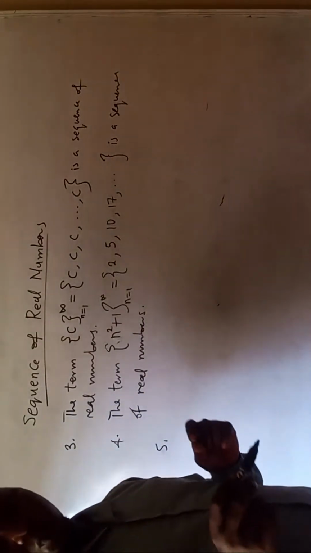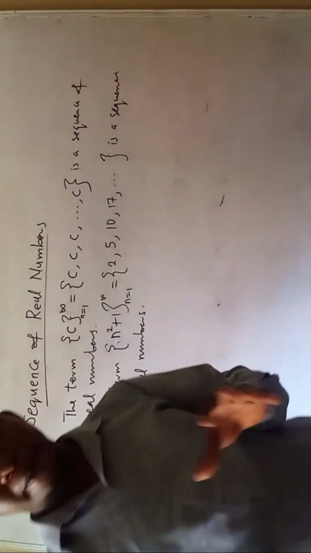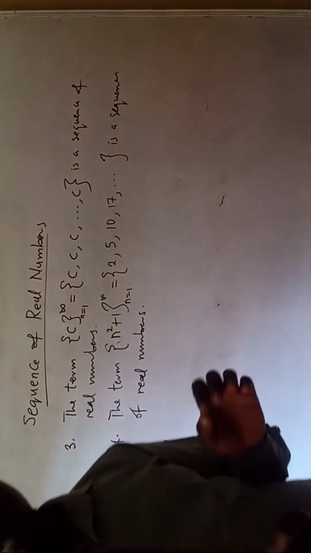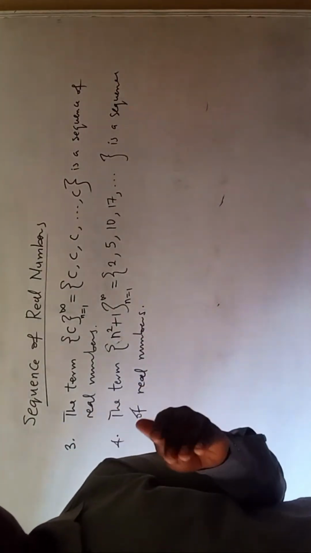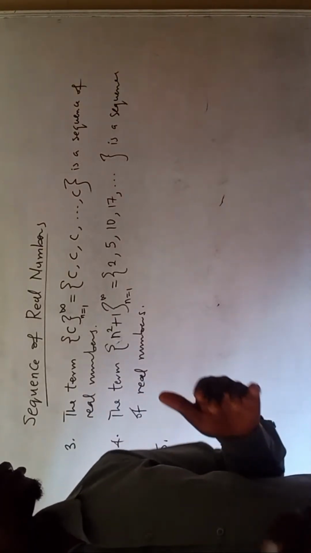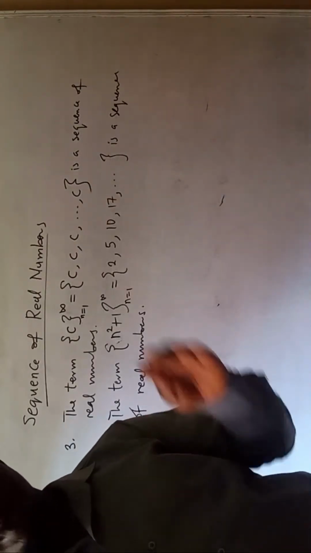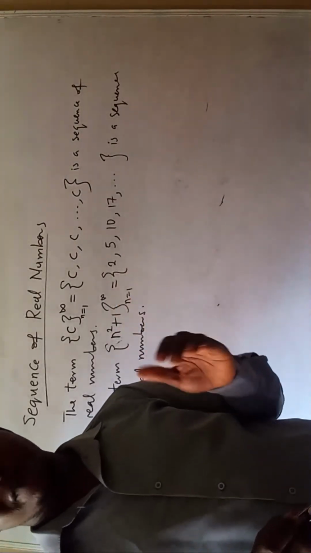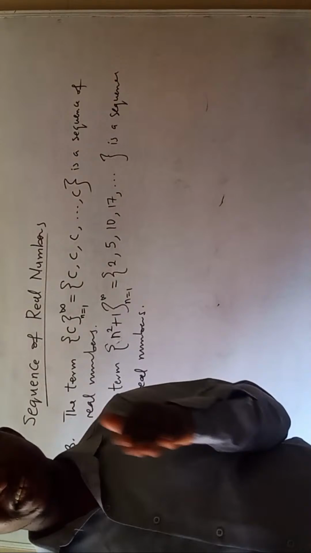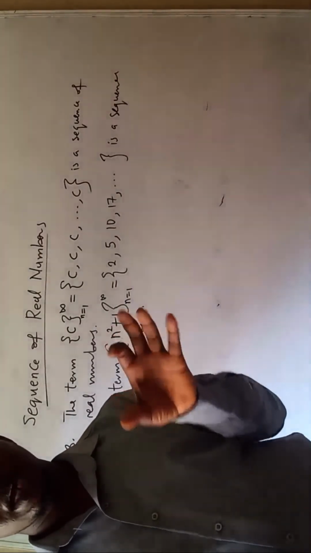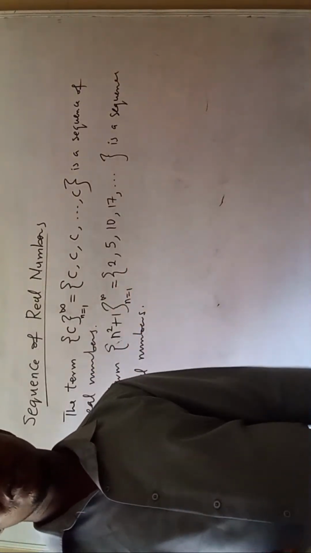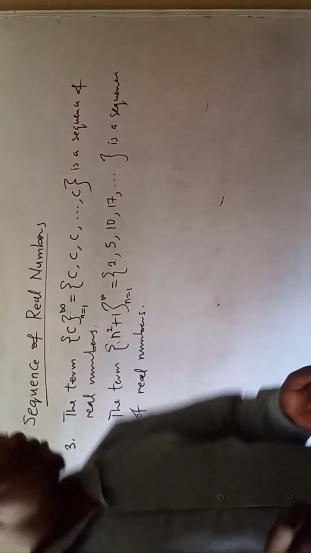Okay, so let us pick some examples under some notion that we have already known. That is the notion of an arithmetic progression or geometric progression. Okay, the definition of arithmetic progression: when we have a sequence of numbers, and we are able to know the first member of that sequence, and that sequence has a constant difference, such a sequence is also a sequence of real numbers, okay.